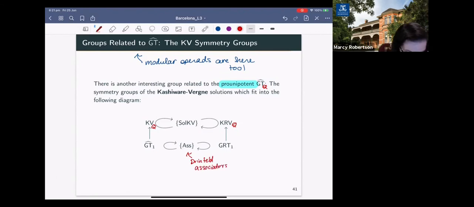And I've done something a little bit tricky here, and I've actually restricted down to a subgroup. So with this little sub 1 means I'm taking pairs where I've set lambda equal to 1. So that's what the sub 1 refers to in GT. Of course, all of GT acts on Drinfeld associators, but my diagram that I've gotten here has a 1 in it, right? And we're Drinfeld associators, so these are basically some solutions to equations,